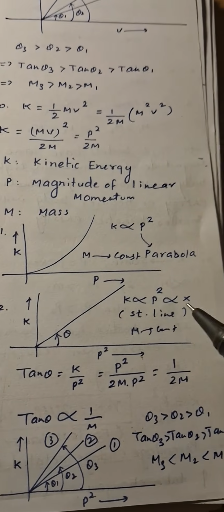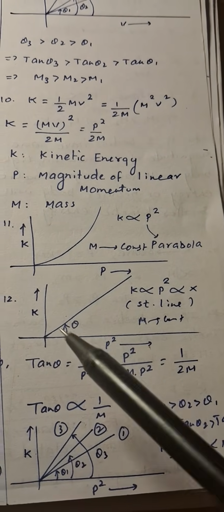As far as the graphs are concerned, we can say that if the slope angle is theta, then tan theta is